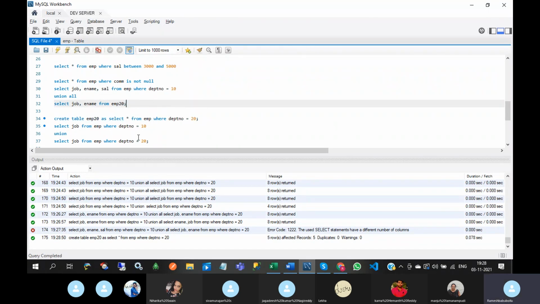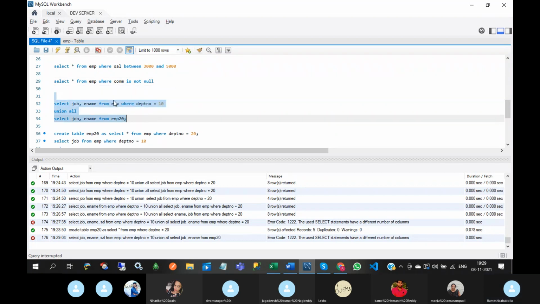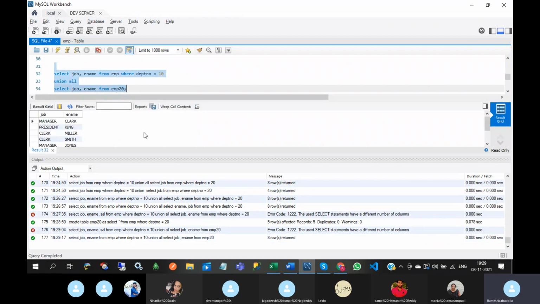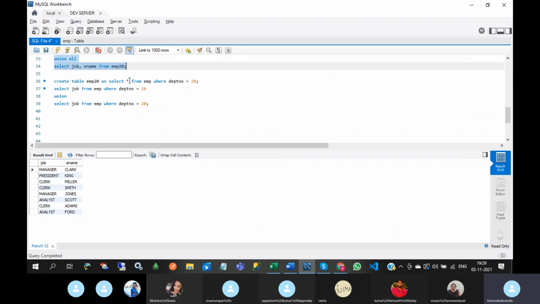Now different tables. You can execute this. Yeah, different columns. Okay, so this is about union and union all.